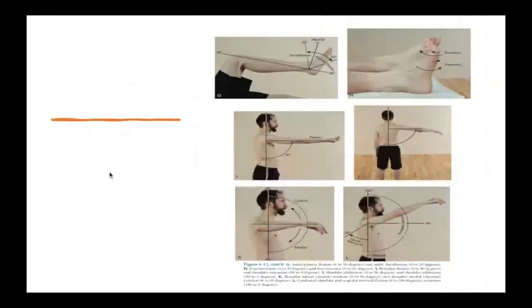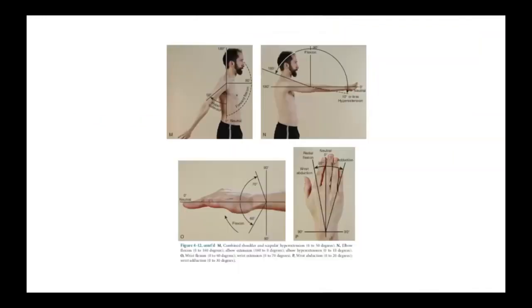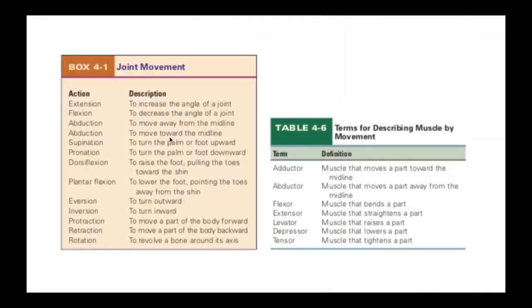And here's what's going on at the lower body, from the knee to the ankles: eversion, inversion, flexion, extension with the hands. All right, so this box here, box 4-1, joint movement. If you guys can read this and understand this, then that's all you need to review for joint movement, because